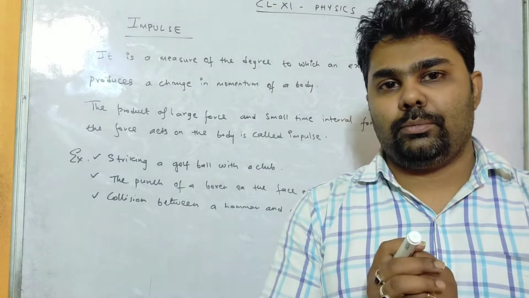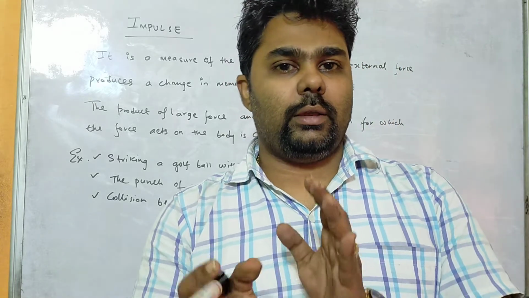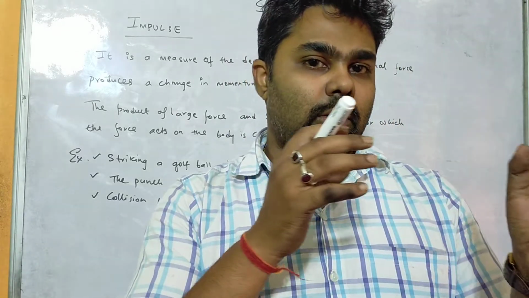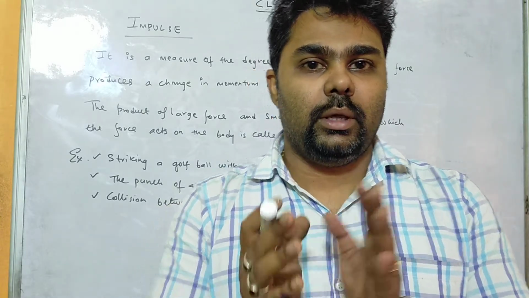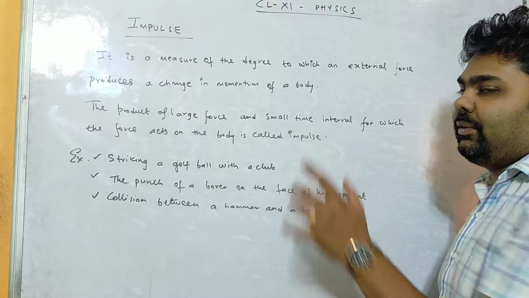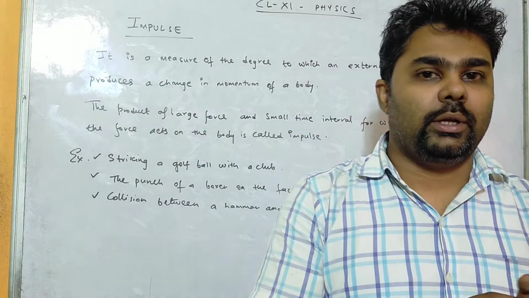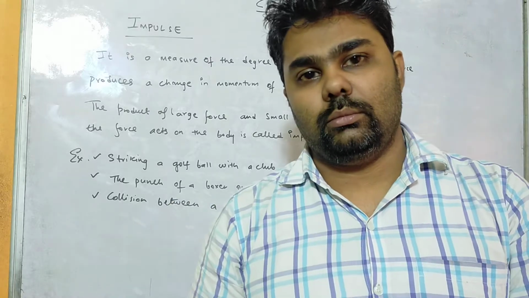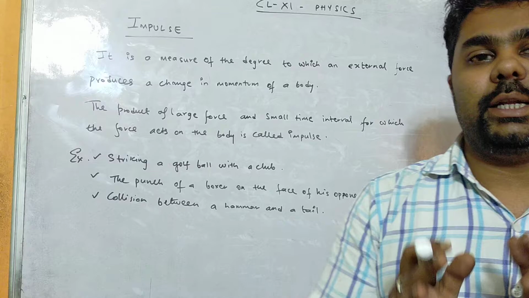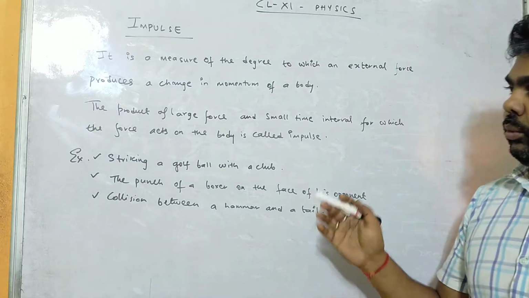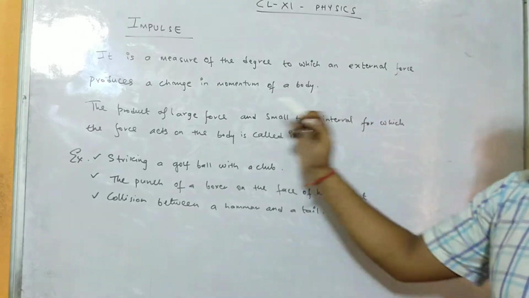Mass remains the same. But when you apply the force on that object, the object has gained some momentum, and that change in momentum is given by impulse. That means how much change of momentum is taking place in that body is the measure of impulse. So impulse is the change of momentum taking place in that object, which is also given by the product of a large force and a small time interval for which the force acts